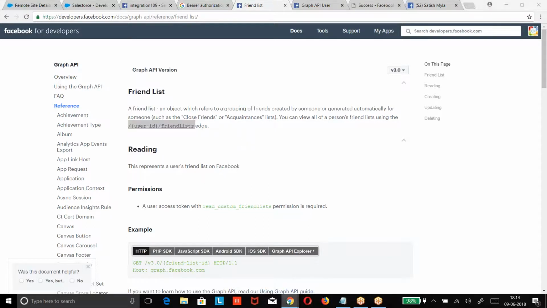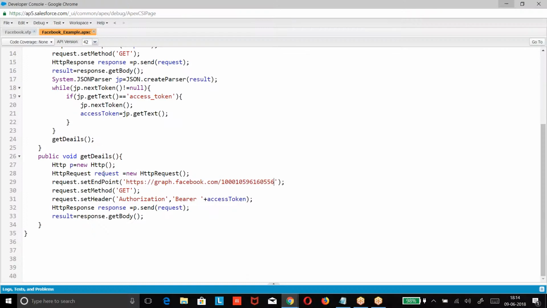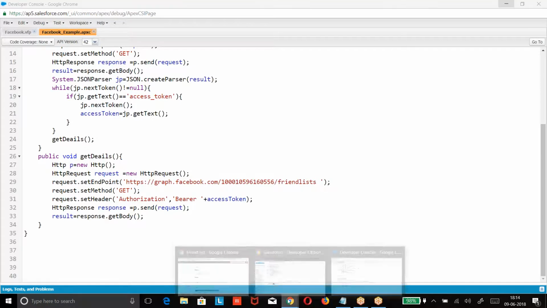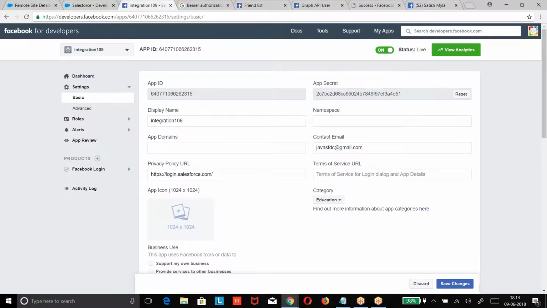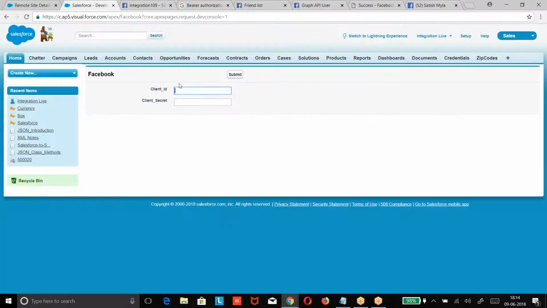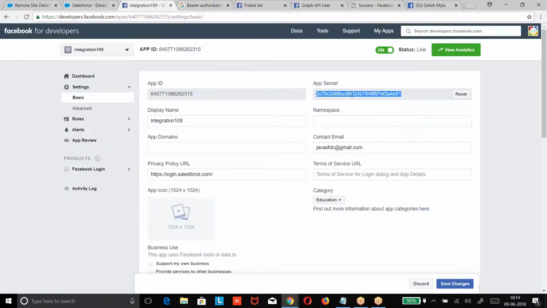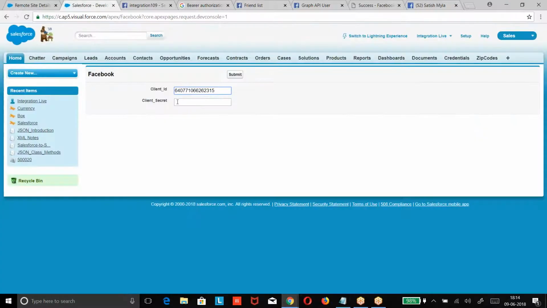No, no, no. Authentication procedure will change. You need extra permission. Facebook cannot give everybody's data like that. How can they give my data to you? If you're logged in, how can they give my data to you? There will be some other extra procedure available for that. You need to go through that procedure. So for every process, there will be some extra procedures. You have to understand those procedures, get the data.